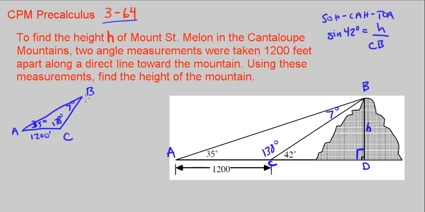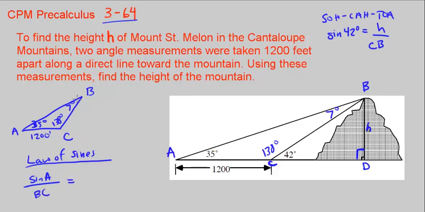So how can I find side BC? My goal is to find the length of side BC. I can go ahead and use the law of sines, because the law of sines allows me to say: sine of angle A divided by the opposite side, little a, which is what we're calling BC,